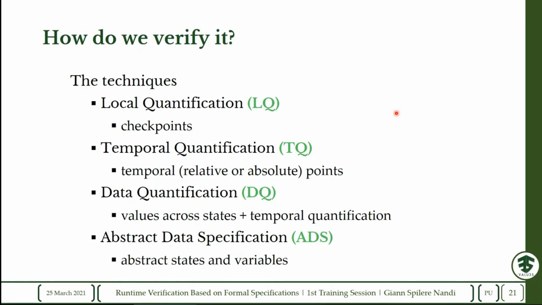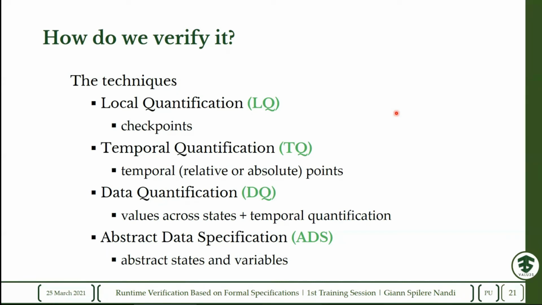You can use temporal quantification, where you analyze the temporal ordering of your events. It can either be relative, saying that if one thing happened, there was another thing that happened before it, just like the case that we just saw, where for some action to be performed, there had to be a login beforehand. Or you can actually use